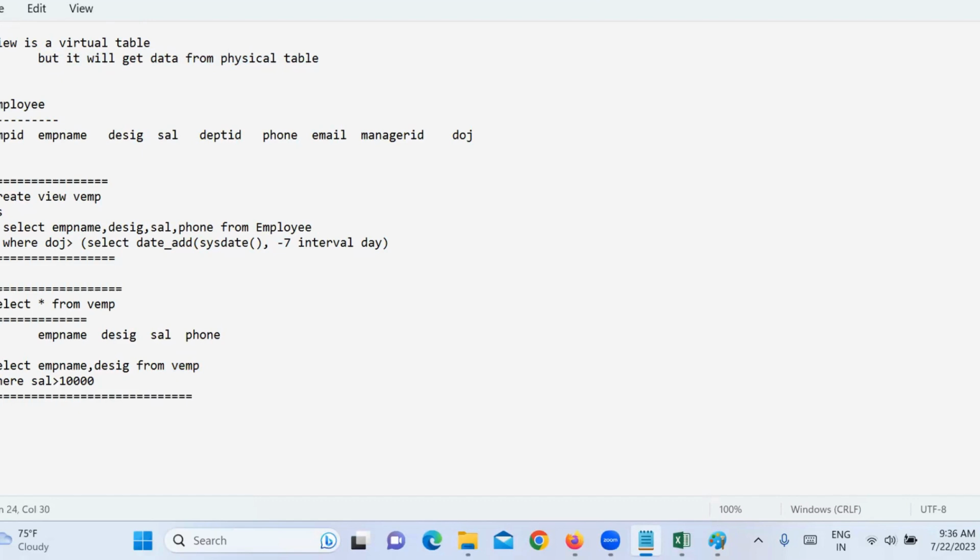So views are created for security purposes. When they design the database system, one table may have a lot of data. They will create a view